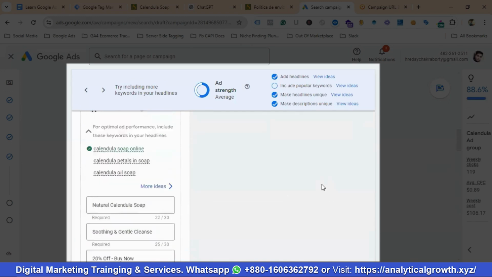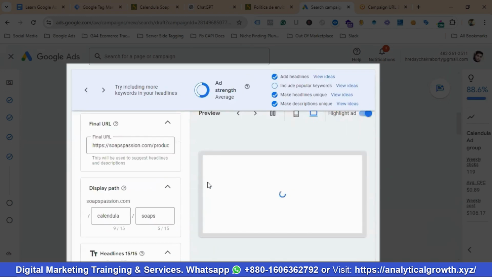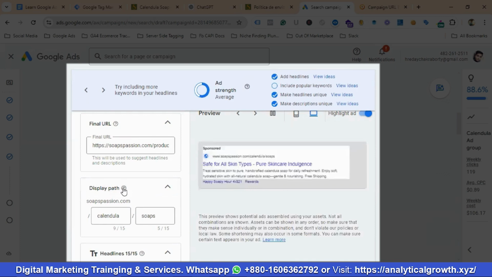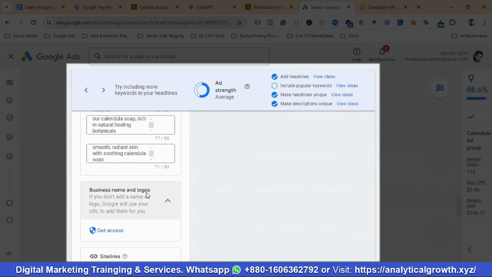Then if you go to the preview section, you can see how the callout will be shown. You can see buy two get one free shipping. So yeah, then